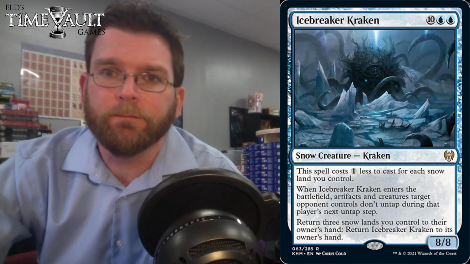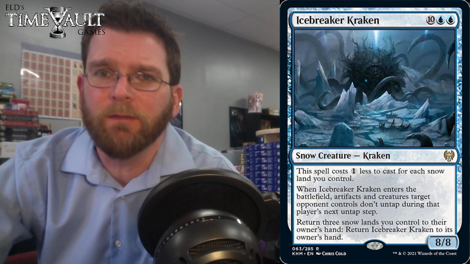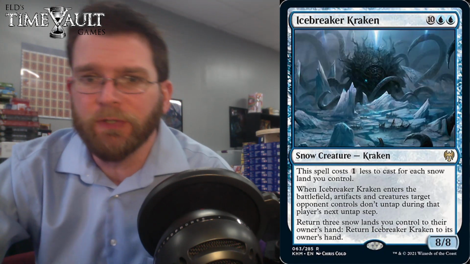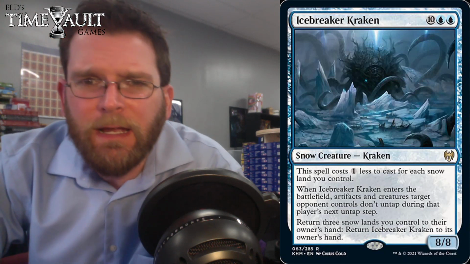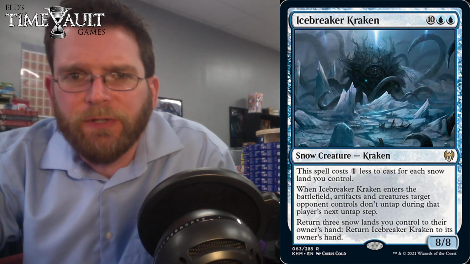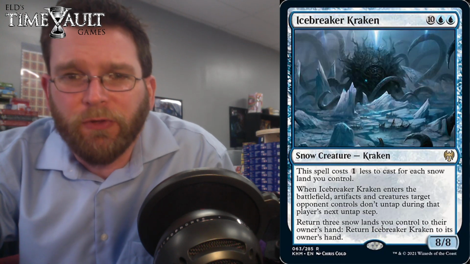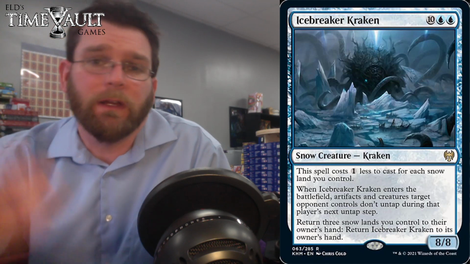Icebreaker Kraken. That is a huge retail cost here. 12 mana for an 8/8, but it costs 1 less for each snowland you control. So I suppose we have a contender for commander already. When it enters the battlefield, artifacts and creatures target player controls don't untap during that player's next untap step, and you can return 3 snowlands you control to their owner's hand to return it to its owner's hand. So, I mean, that's actually